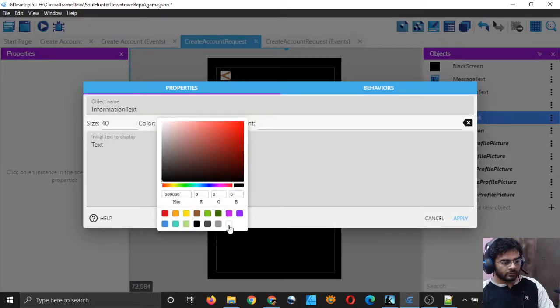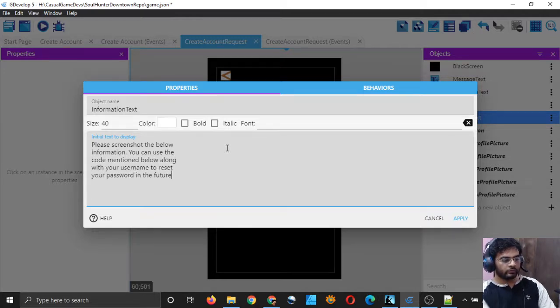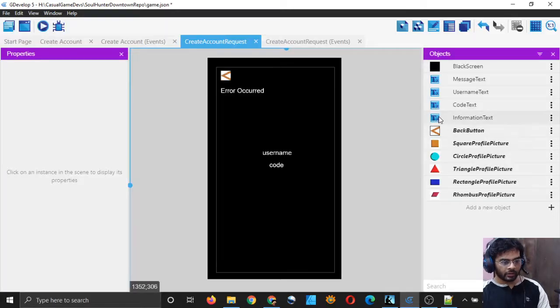Color should be white, and the text should read, please screenshot the below information. You can use the code mentioned below along with your username to reset your password in the future. So that's a lot of things, but we have to write that.